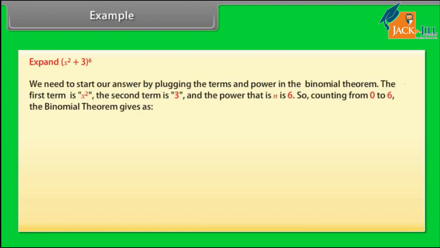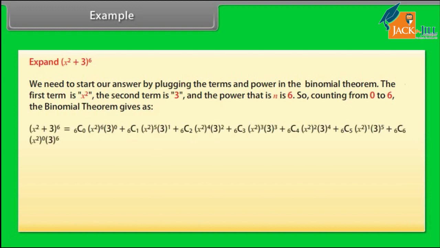Example: expand (x square + 3) raised to power 6. We need to start our answer by plugging the terms and power into the binomial theorem. The first term is x square, the second term is 3, and the power, that is n, is 6. So, counting from 0 to 6, the binomial theorem gives (x square + 3) whole power 6 is equal to